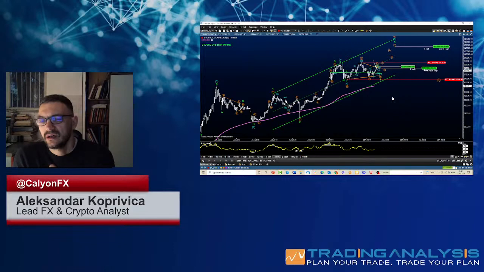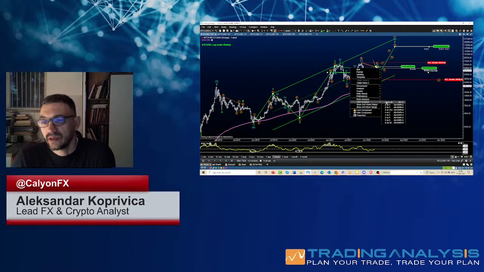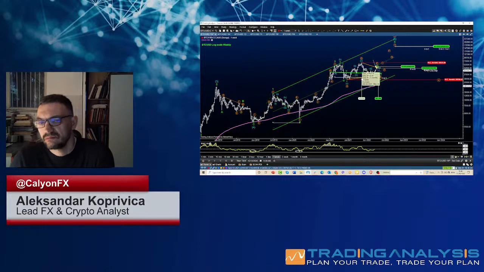So if we go here and look at the time ratios between the time spent in the secondary correction or a second wave, usually these times are equal, or the fourth waves, or a balancing act as we call it, can be prolonged, as in this case. So 1618 and equality can be some of the clues. Equality happened on November 7, 2021, and 1618 is going to happen on April 24th.